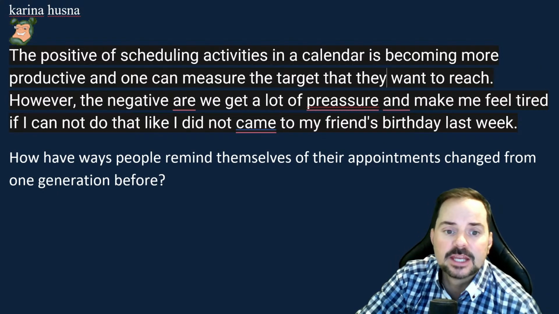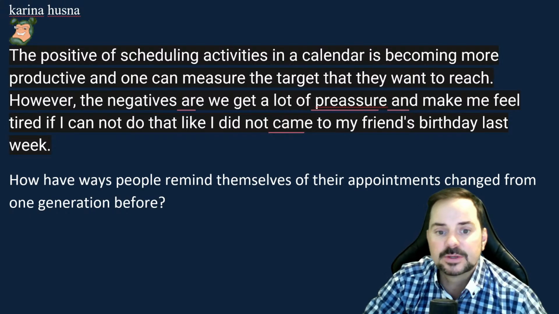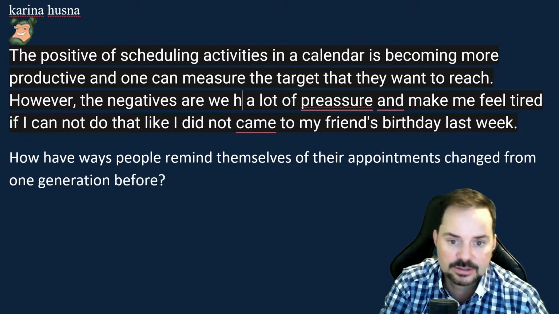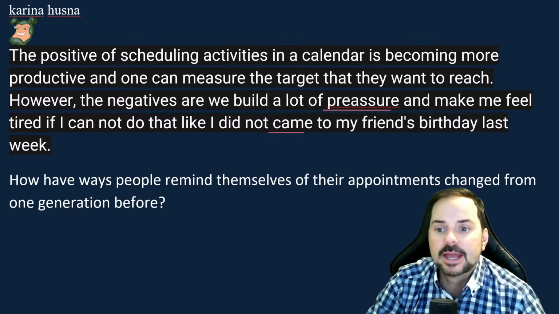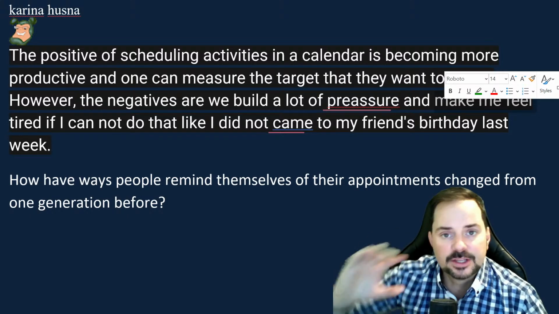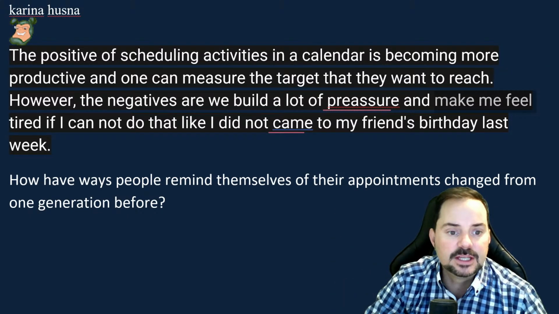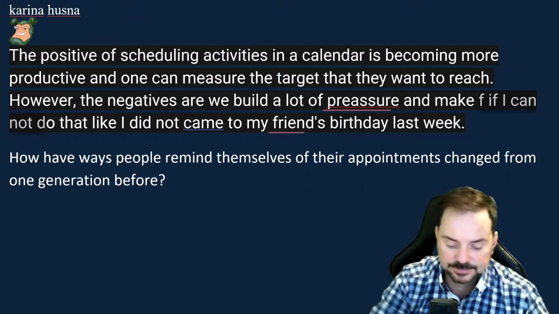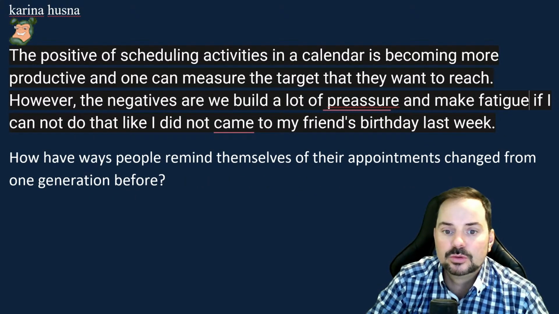However, the negatives are we get a lot of pressure, or build a lot of pressure. And you can't just suddenly jump from people to me, and fatigue if people cannot do